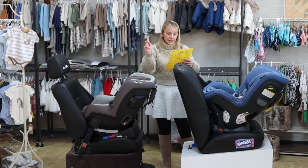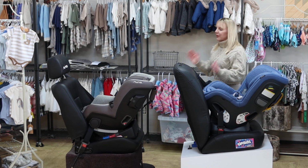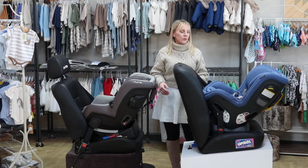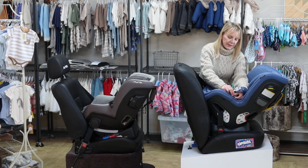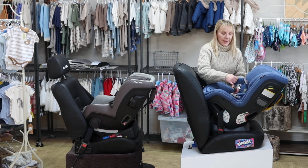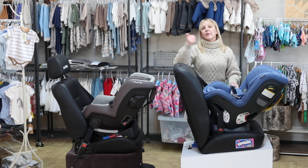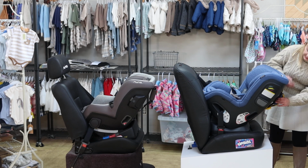Now, one other thing I want to touch on super fast before I run out of time is that a really nice thing, both seats have side impact protection, that's great, but as far as safety is concerned, I would give Rove one additional little cool safety benefit. And for cleaning, Rove has like some zipper material that comes out of the bottom, whereas NUNA, you've got to peel the material out, which is a little bit more work. Rove has an additional